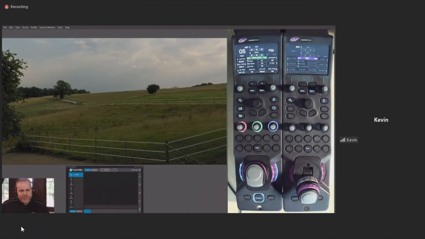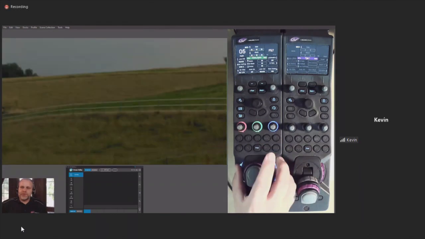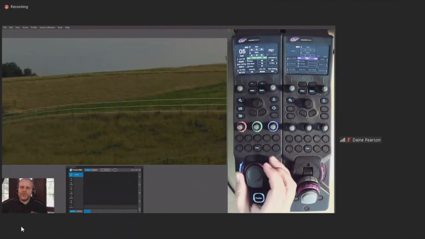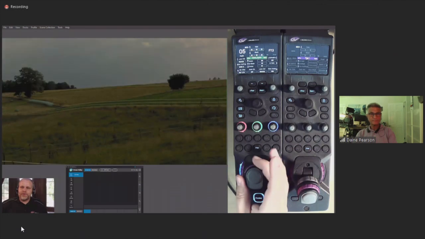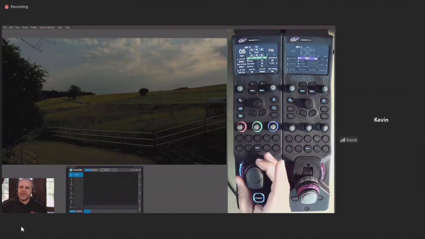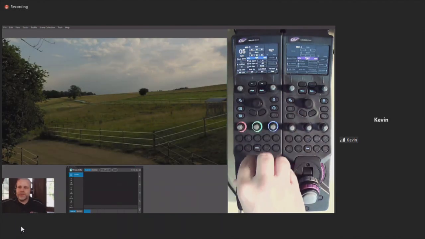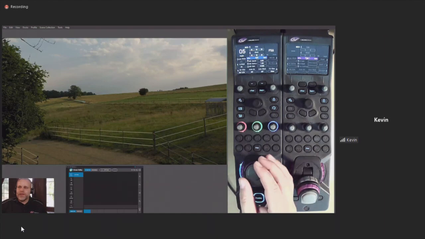But I want to control my camera right now, pretending I'm in production and need to drive the camera. For instance, I can zoom in and do focal stuff over here, and with only one button click, and not even looking at the panel, I can jump to another page to control HDR related settings